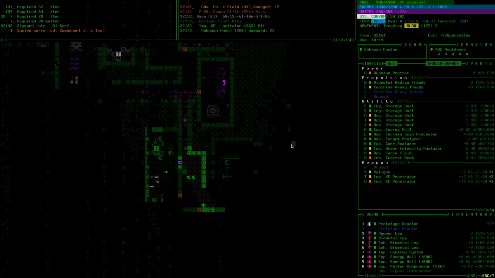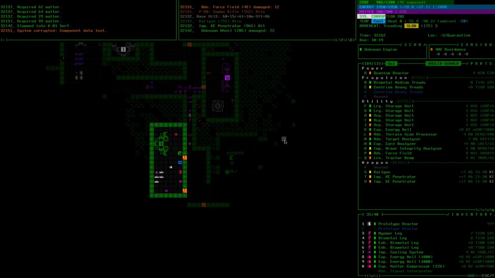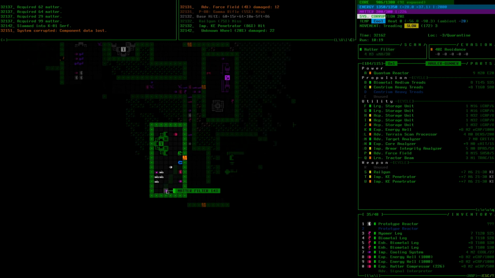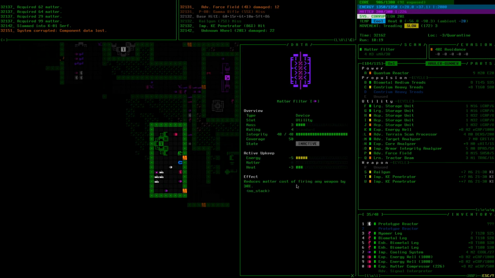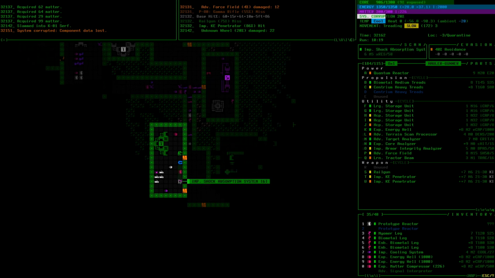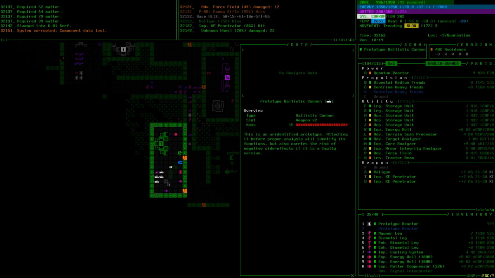I'm trying to cut through the wall. Oh, I see hackware. Their experimental matter compressor, I think we only need one. Ours beat up at all? Filter could be nice. Reduce the matter cost of firing any weapon by 30%. Slot. That makes it...